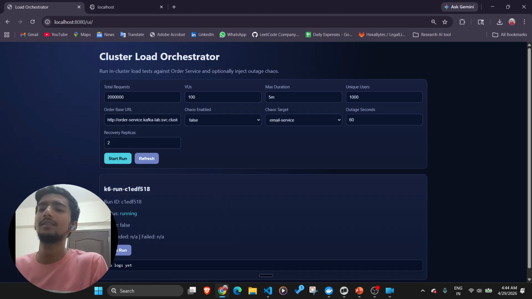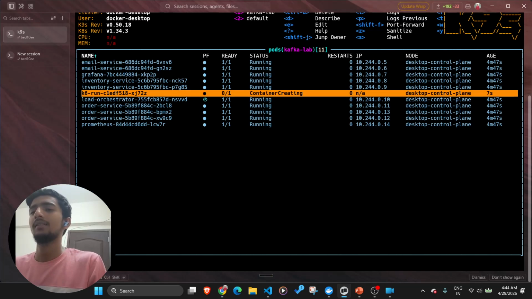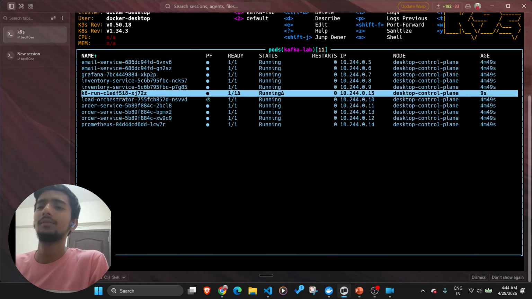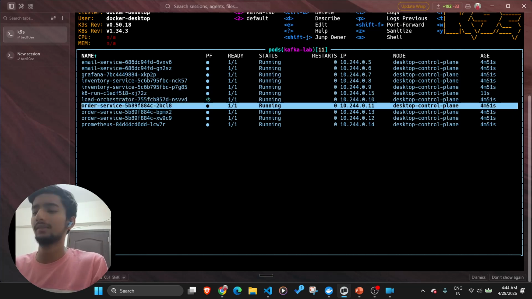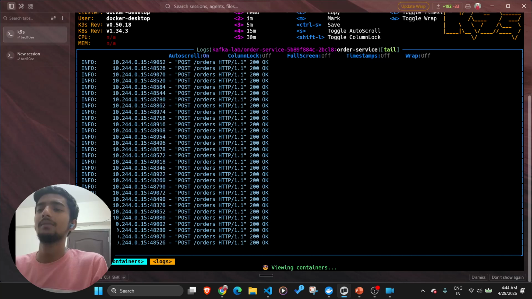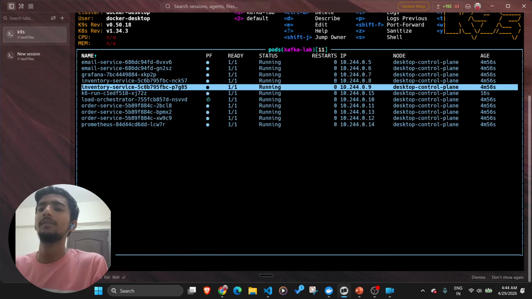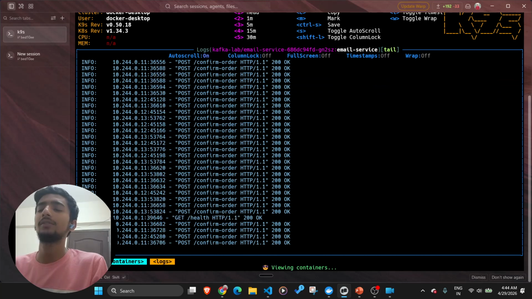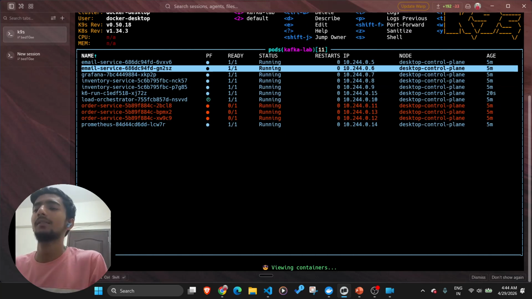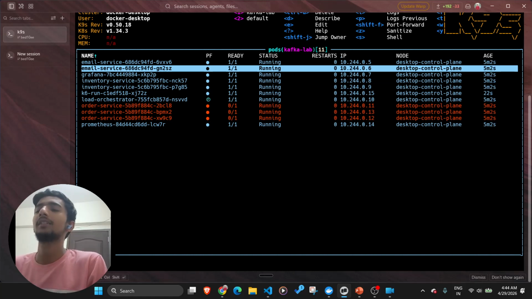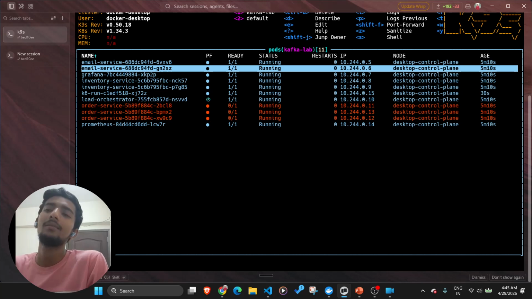Ignore this part, just see this cluster URL, order service. Now the order service is getting requests. You can see that requests are coming in, and the email service is also resolving those requests. But see, the order service is feeling back pressure because the email service and inventory service are taking time to resolve those requests, while the order service keeps getting more requests from the front end.